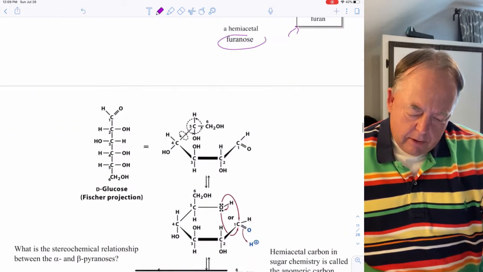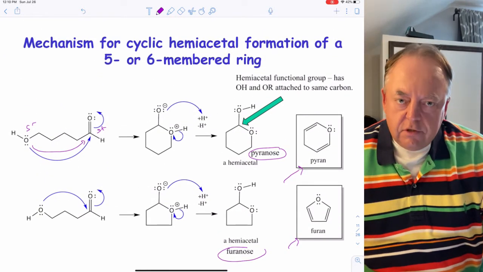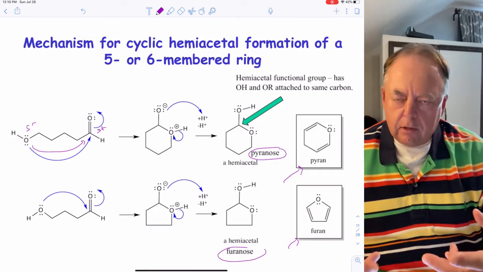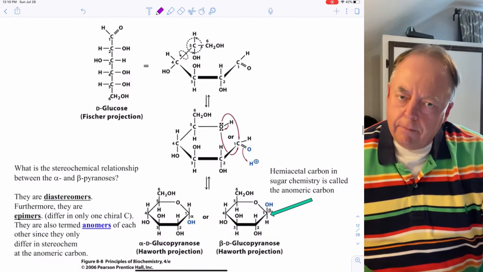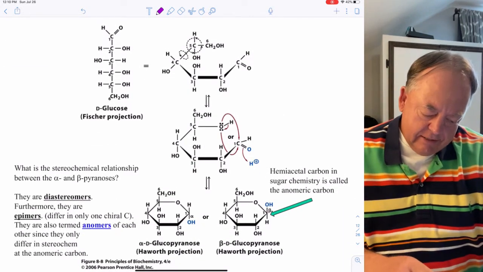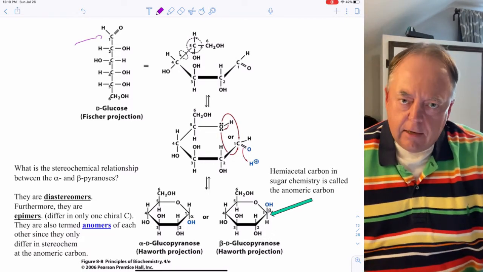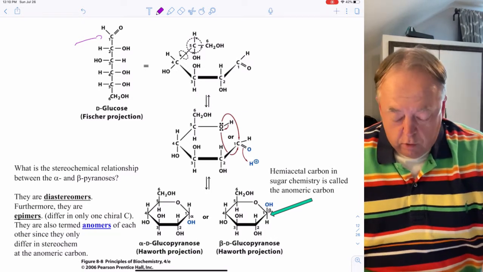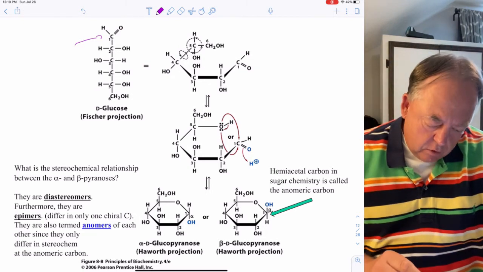Okay, so biochemistry is basically just organic chemistry on steroids. It's much more complex organic chemistry, but for the most part it's a lot of the same fundamental reactions. It's just a more complex molecule, right? If we take glucose, for example, it's just a polyhydroxyaldehyde. So they undergo similar reactions that aldehydes undergo, similar reactions that alcohols undergo. And one of the fundamental reactions is making the hemiacetal. So we have 5